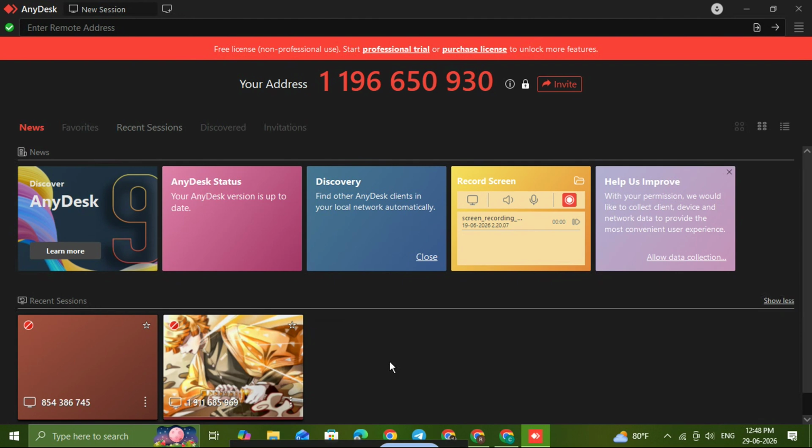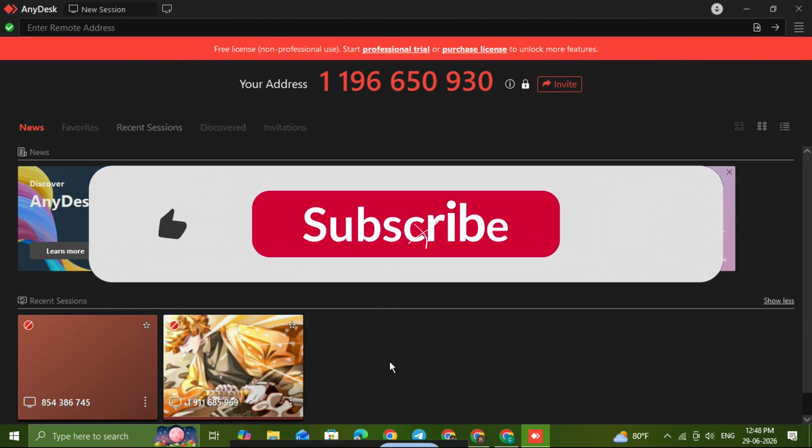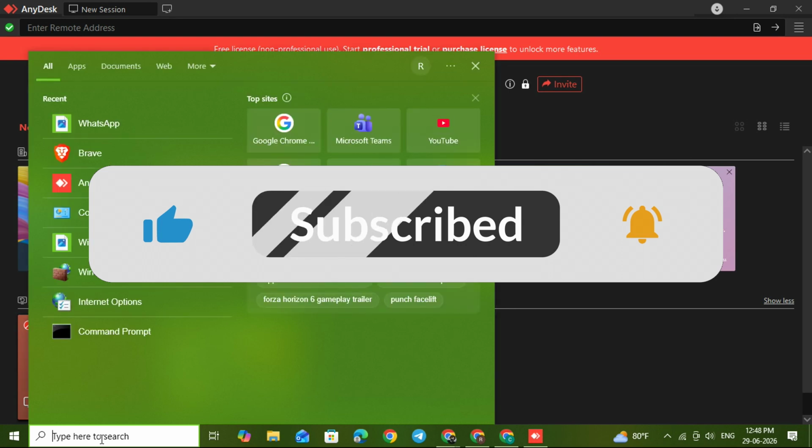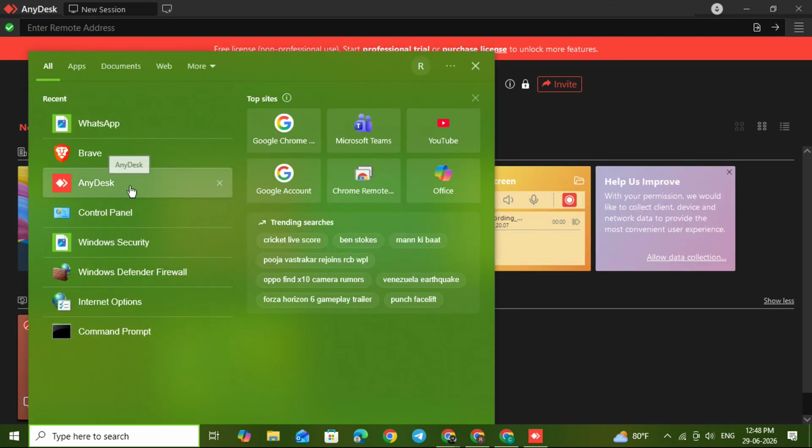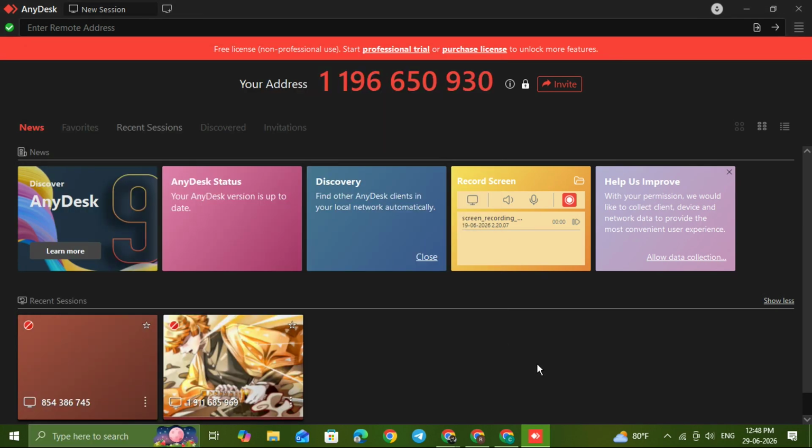Let's jump right in. First, click the Start menu on your computer and type AnyDesk into the search bar. Then open the AnyDesk application from the results. Once the app launches, give it a few seconds to load fully. Sometimes it takes a moment to connect and display all the information on the home screen, so be patient and